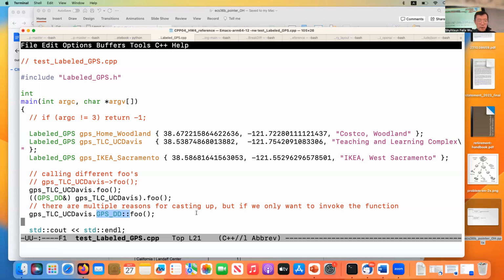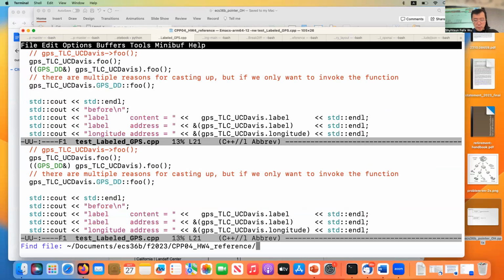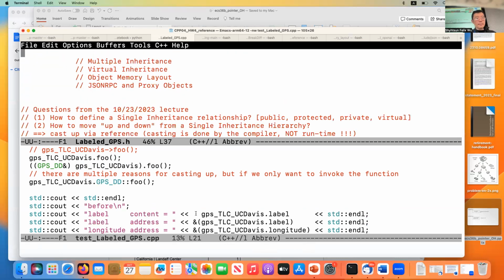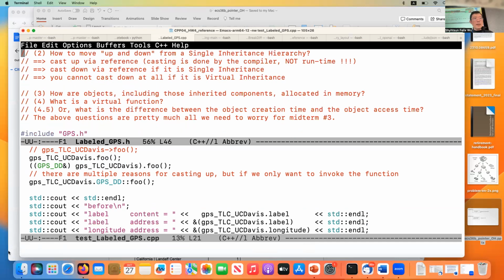So now the third question I want to talk about, let me bring back my notes. The next topic is how objects, including the inheritance component, get allocated in memory. We already touched on this. You see that when we did an incorrect cast up and cast down, and we printed the result, the label is not the teaching learning complex but instead prints West Sacramento IKEA.